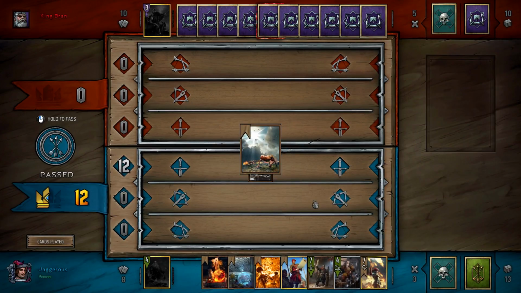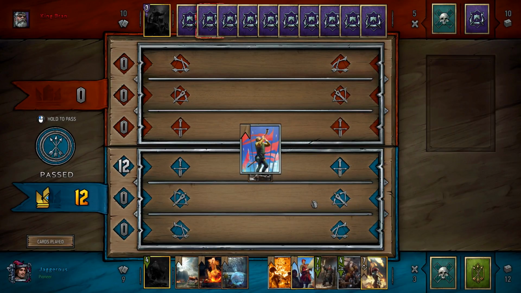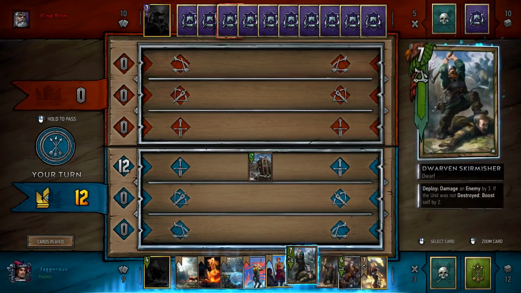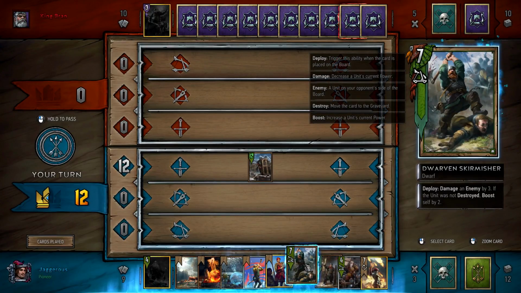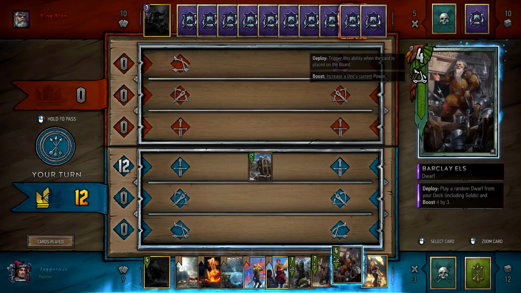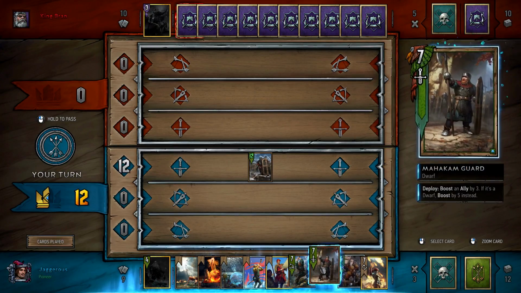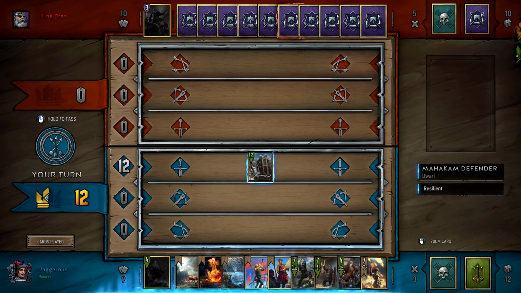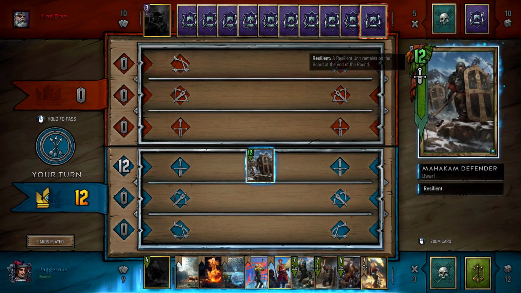That loses its resilience. We got First Light and Commander's Horn. As it is, I'm thinking I'm going to keep the First Light and mulligan the Scorch. We have 12 points on the board, so we're unlikely to play the Scorch this turn, to be honest. So not that useful. And I think what we'll do for now is... So this is a bit awkward, because what I want to do is I want to play...